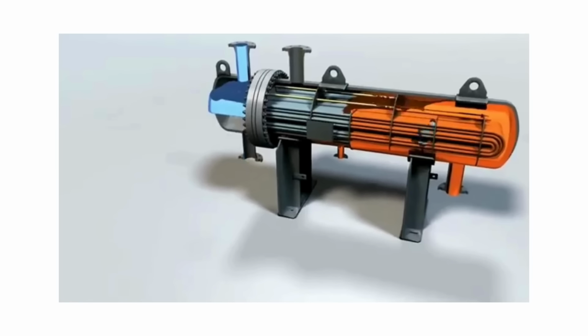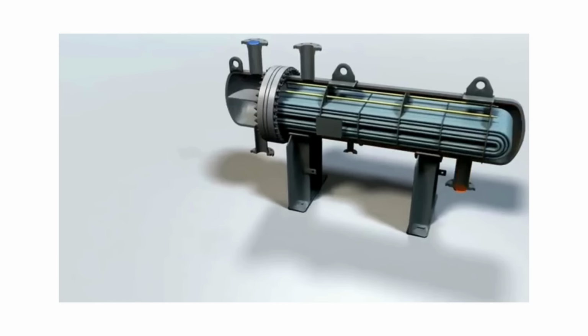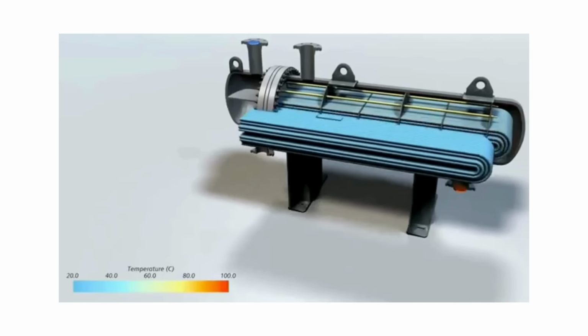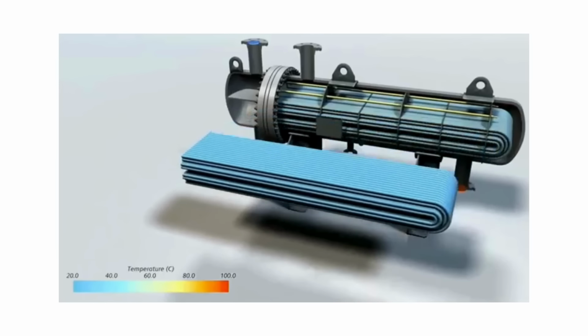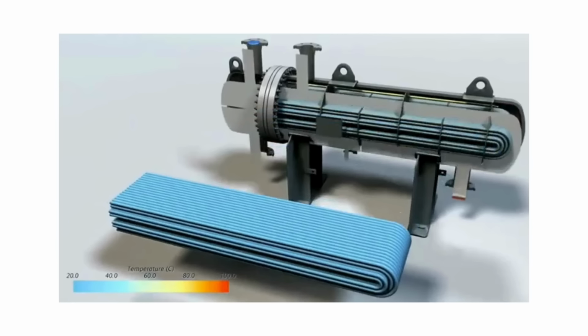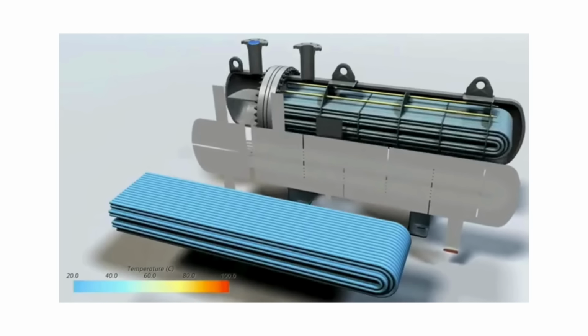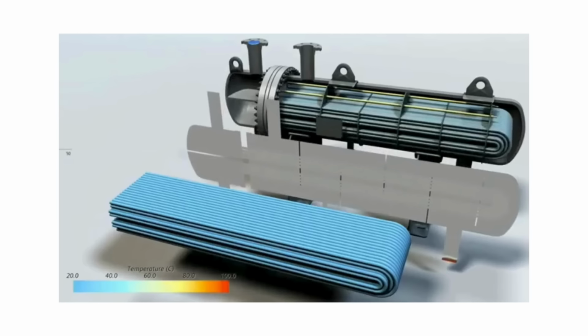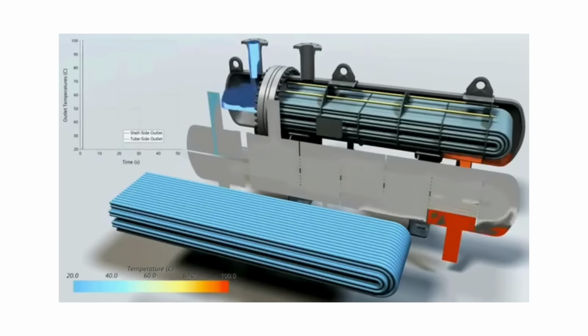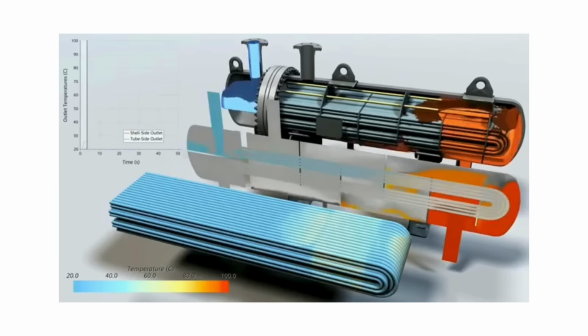As we dissect the U-tube heat exchanger in our animated demonstration, we'll bifurcate the heat transfer processes occurring on the tube side and the shell side. By pulling out the tubes and isolating the shell, we can observe the intricate mechanisms at play. Let's delve deeper into the intricate dynamics of the U-tube heat exchanger through our detailed visualization. In this animated representation, we'll explore the temperature variations on both the shell side and the tube side, providing a comprehensive understanding of the heat transfer processes at play.